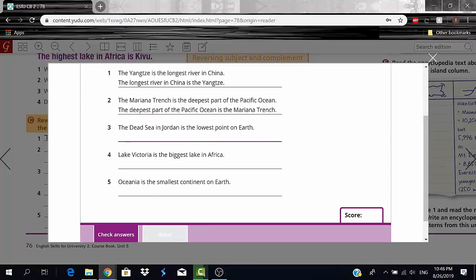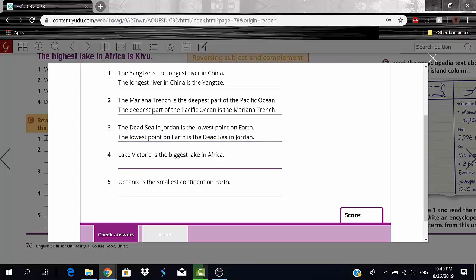I could say the lowest point on Earth is the Dead Sea in Jordan.